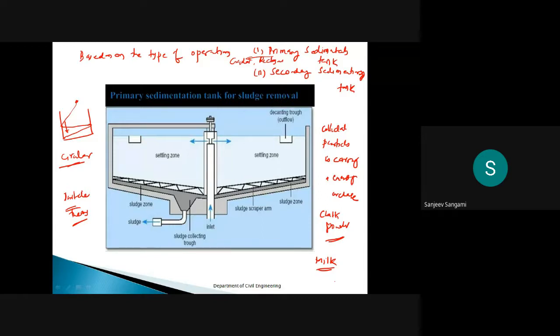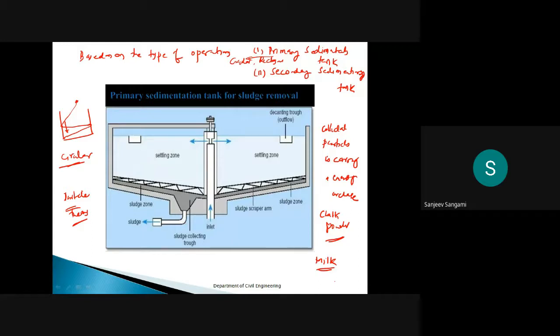Suppose you want to concentrate all those milk particles, and make it very clear, crystal clear, a separation of water. For that, what you have to do is add one external agent. If you add an external agent to that milk and mix it, definitely it is going to concentrate, and you can observe the clear separation of the water and the milk. Many times in the dairy, they follow this process.